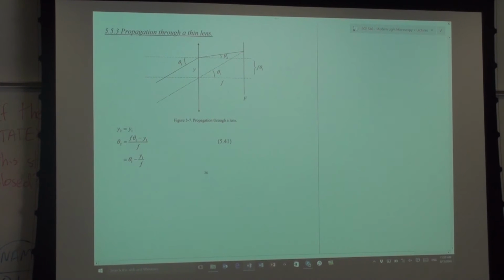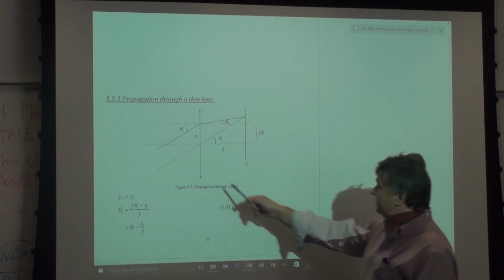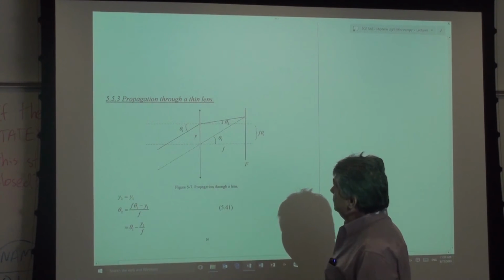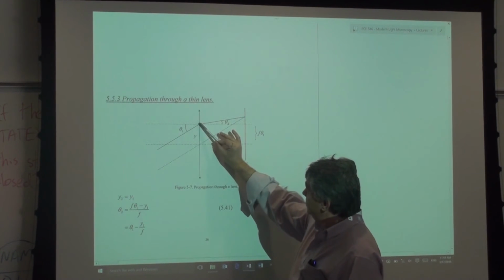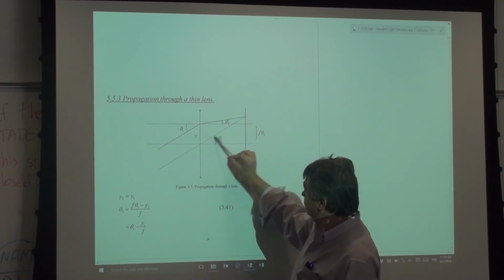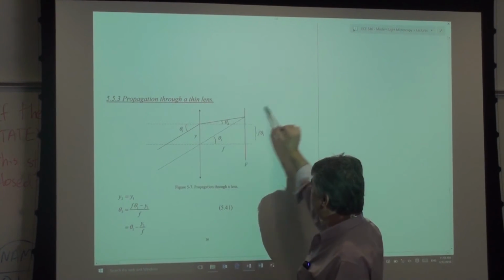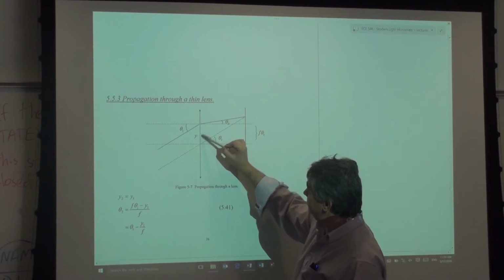Okay. Propagation through a thin lens. This is the symbol for a convergent lens. Remember we did this when we talked about microscopes, right? If you take a ray through the center of the lens, nothing happens. So that's one ray. If I take a parallel one that hits my lens at elevation y,